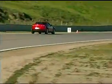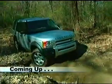After the break, it's a test of Rover's new